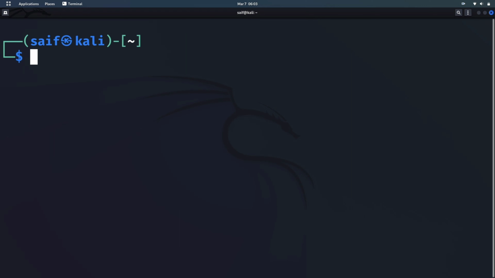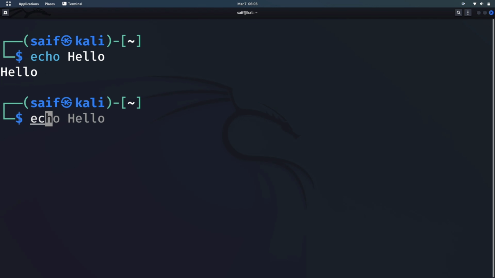Now echo command is used to talk with yourself. For example, you want to print something on your screen. Use echo hello, and it will print hello. And you can use echo command to put something inside the file. For example, I will put this hello inside a file named